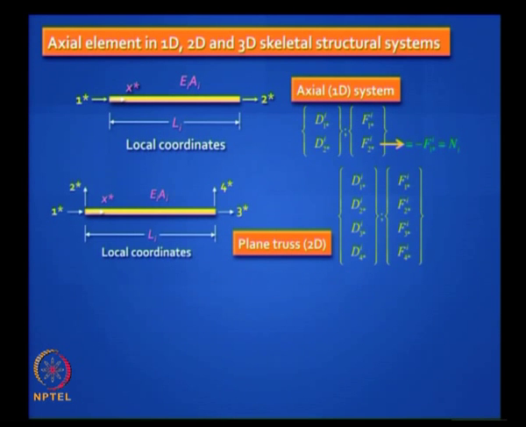Next we apply it to plane trusses. So this is a plane truss element. Here you have 4 degrees of freedom, we have seen this in the last module and you are familiar with this. Here again the displacement vector has independent components, that is how we identify the degrees of freedom, but the force components are again interrelated. Can you say something about those? F2 star and F4 star are 0.